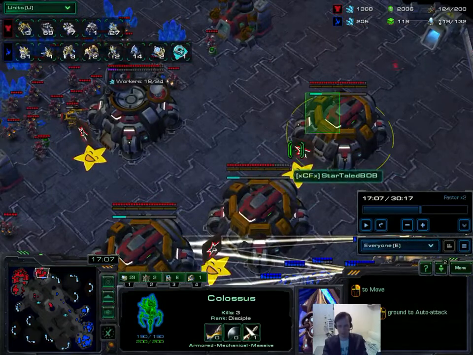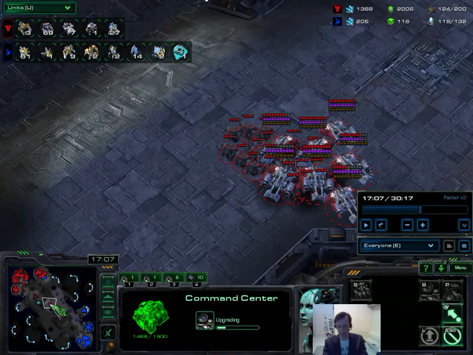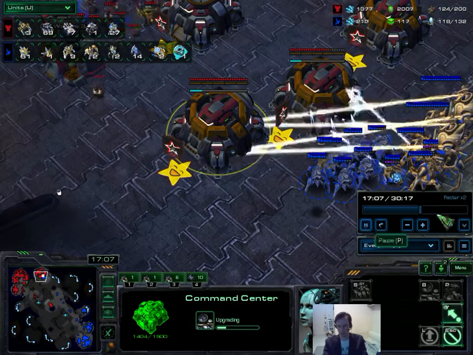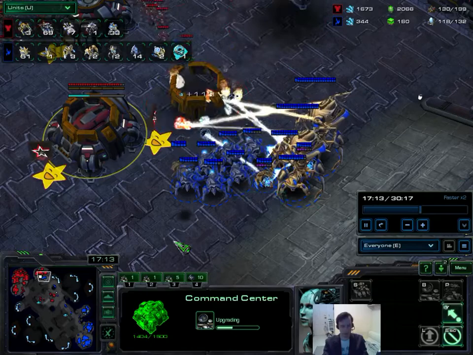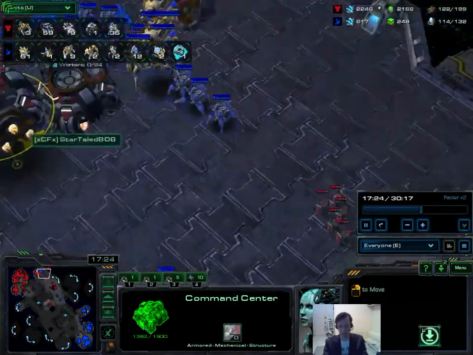Right here, this is a little strange, putting 3 command centers out in the open like this, with your army too far out of position to protect it. I guess his reaction time was just a little bit slower. I get a building for free, and then he comes in behind, he kills off some reinforcements, which was smart,